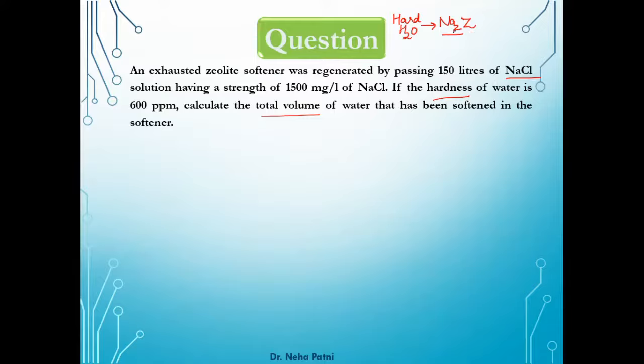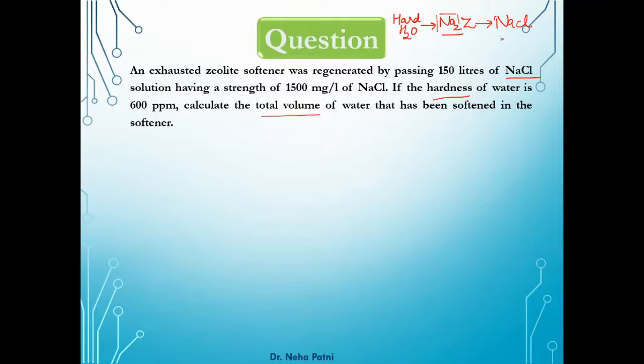I hope you remember that Na was exchanged by calcium and magnesium ions in the process. The moment the calcium and magnesium ions are removed completely, the zeolite becomes CaZ and MgZ rather than Na2Z. That means it becomes exhausted. So after some time you need to regenerate your zeolite by providing a solution which contains Na ions, and that is how you regenerate it using NaCl, so that Na comes back in the zeolite and you can go ahead with the softening process. I hope you remember, that was discussed in the last video.